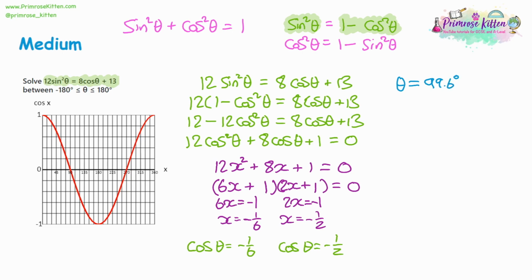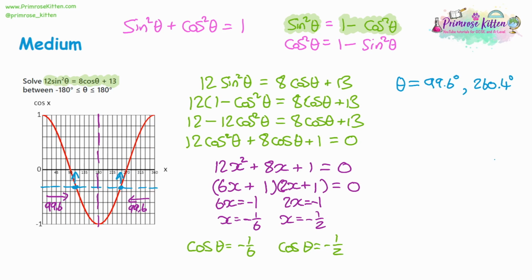99.6 degrees to 1 decimal place. Now, -1/6 is roughly around about here on the graph. So yeah, first answer just after 90, and it's 99.6, that makes sense. So as usual, look at the symmetry. It's cos, we're going through 180. If we're 99.6 in from the left-hand side, the other answer will be 99.6 from the right-hand side. 360, take away 99.6 is going to give us